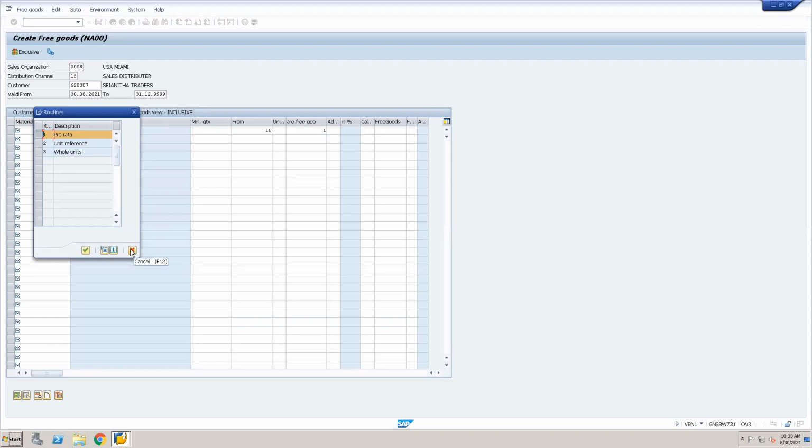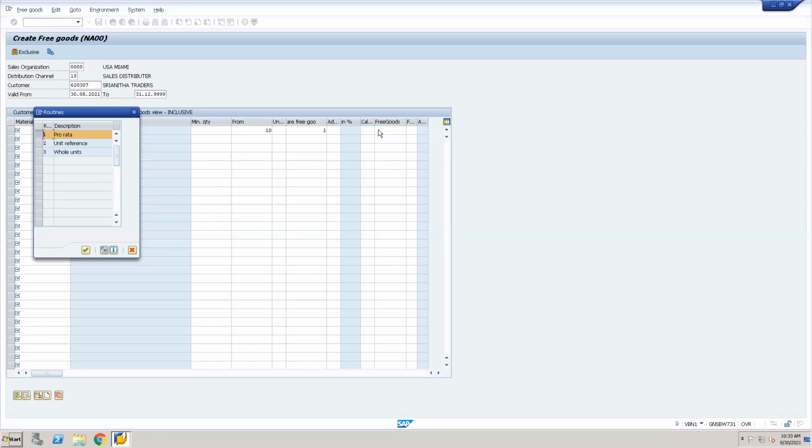But in a few cases, where the client's business requirement is not built based on the SAP provided rules, and he is proposing some new rule, then you can develop a custom routine and assign that particular routine here under calculation rules.